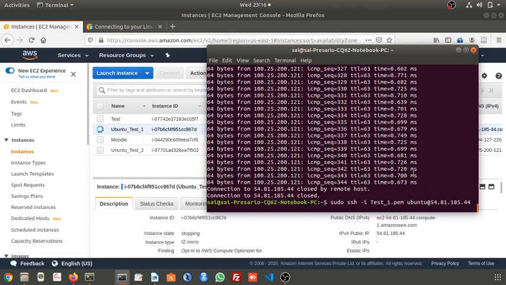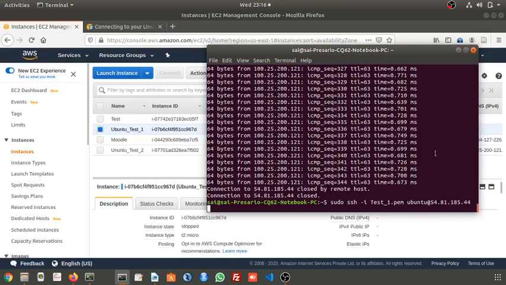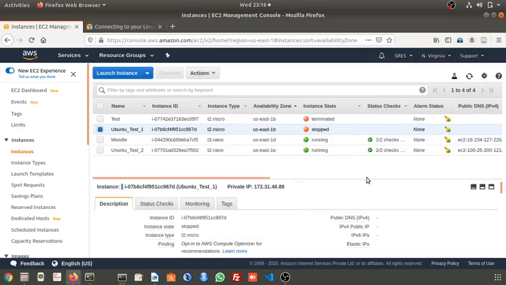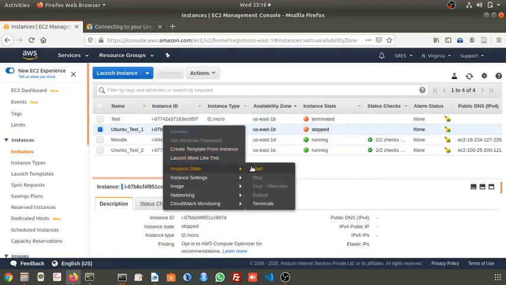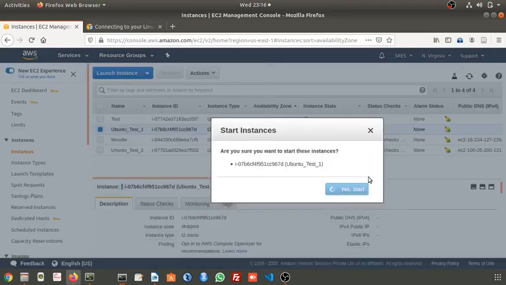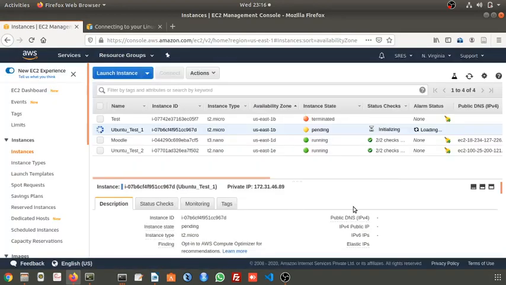It is taking too much time because it is in the process of stopping. Yeah, now I think it is stopped. Let it start. Okay, now I will start it. Let's see what will happen. Start. Yeah, it is initializing.